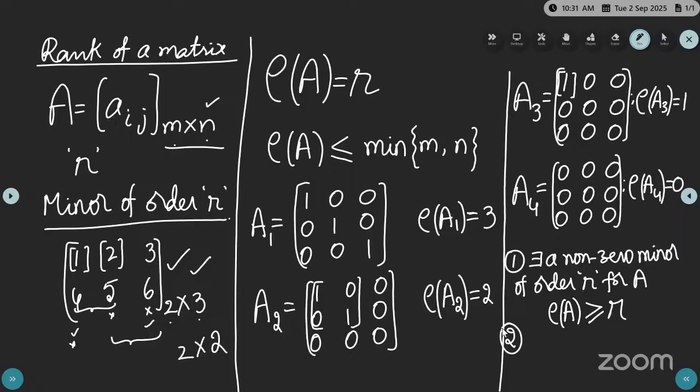What is the rank? A2, all minors of order 3 are zeros. What is the rank? 2. So from these three, what can you say? If all minors of order R are zeros for a given matrix A, then the rank of that matrix is